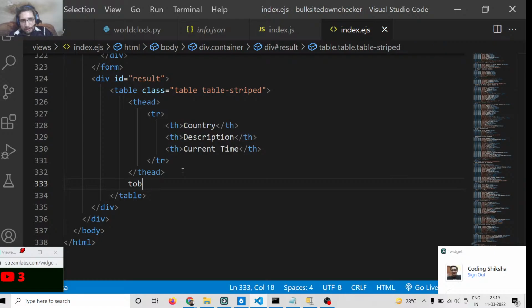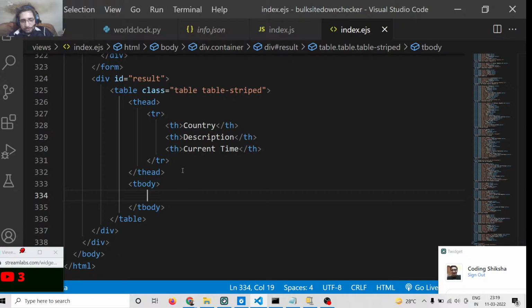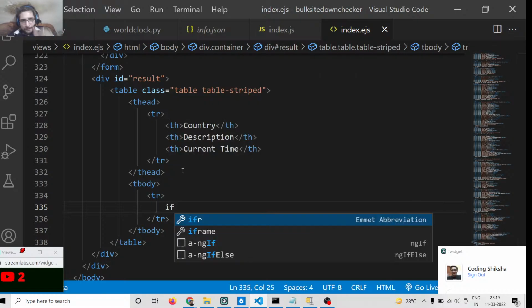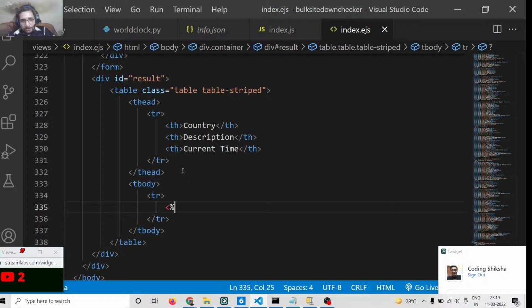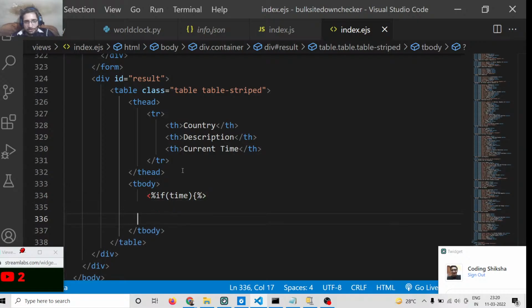After this, we will have the table body tag, and inside this, we will have the if condition. Inside the if condition, we need to check if this data exists or not. So right here, we will check if the time object exists or not. This is the EJS syntax which you need to write. So tr